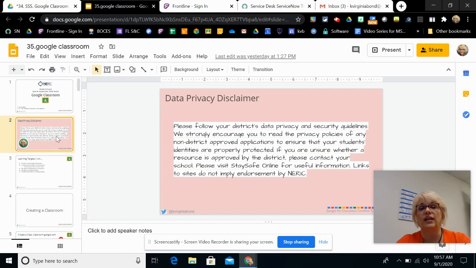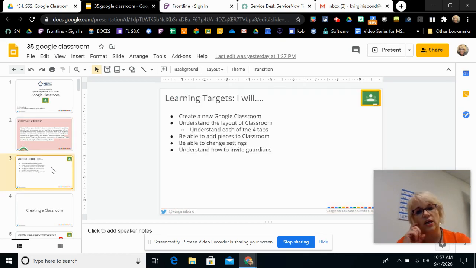Your district has a letter of agreement with them that states that they will not be sharing student data and that they will be protecting student data. And that's what this data privacy disclaimer is about. Just please know that if I go to any site that is not on that, it does not imply an endorsement by NERIC. So the first things that I want to do is kind of walk you through my targets, the